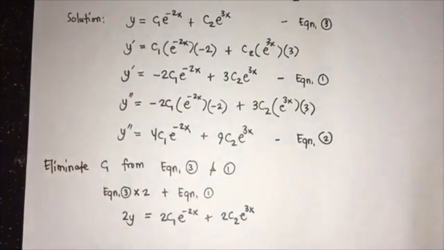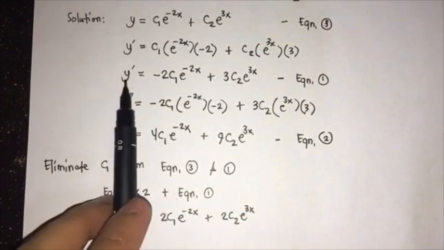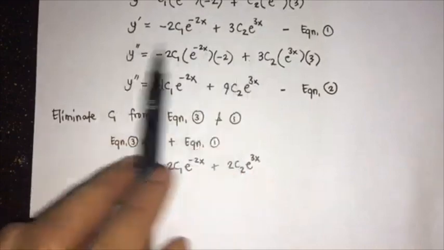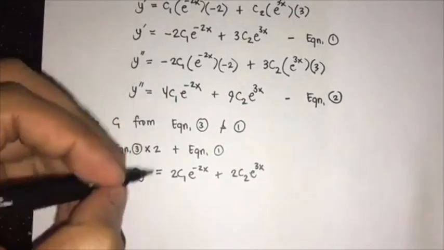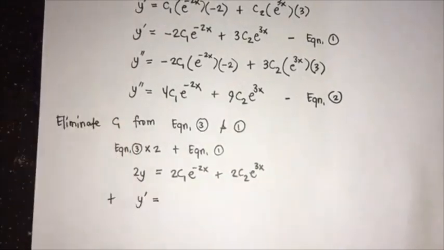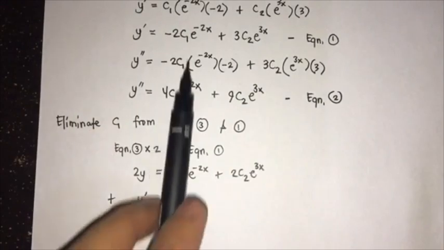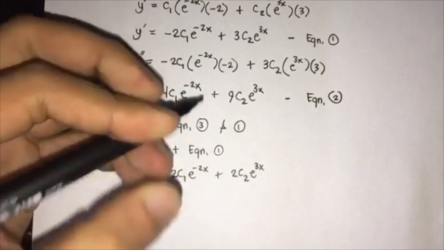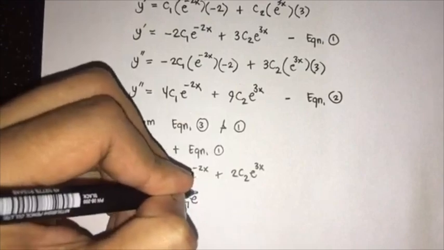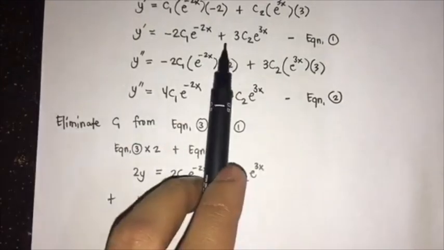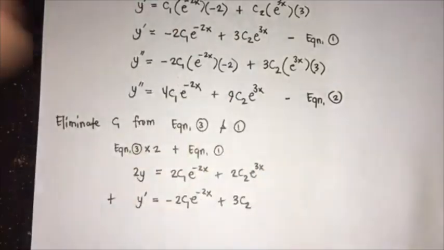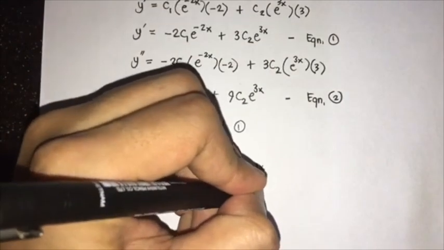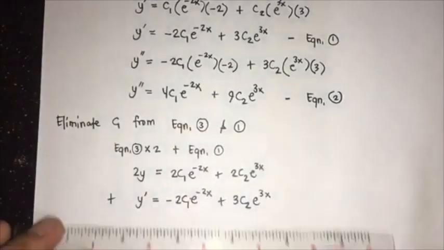And then add equation 1. Equation 1 is this, so no need to multiply it with anything. So plus, equation 1 is y prime is equal to negative 2c1 e to the negative 2x, plus 3c2 e to the power of 3x. Okay, so adding those two,